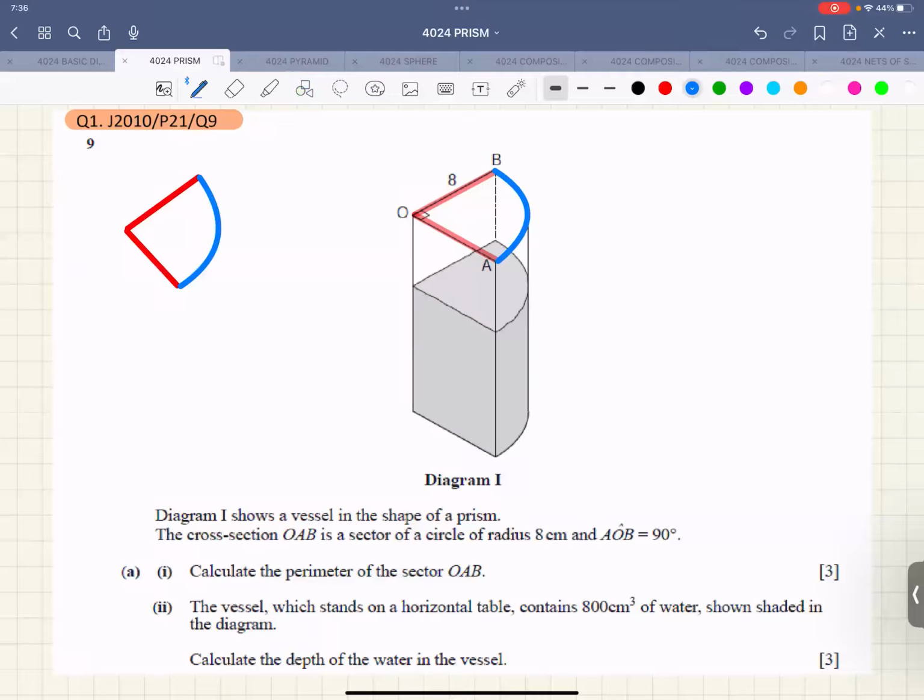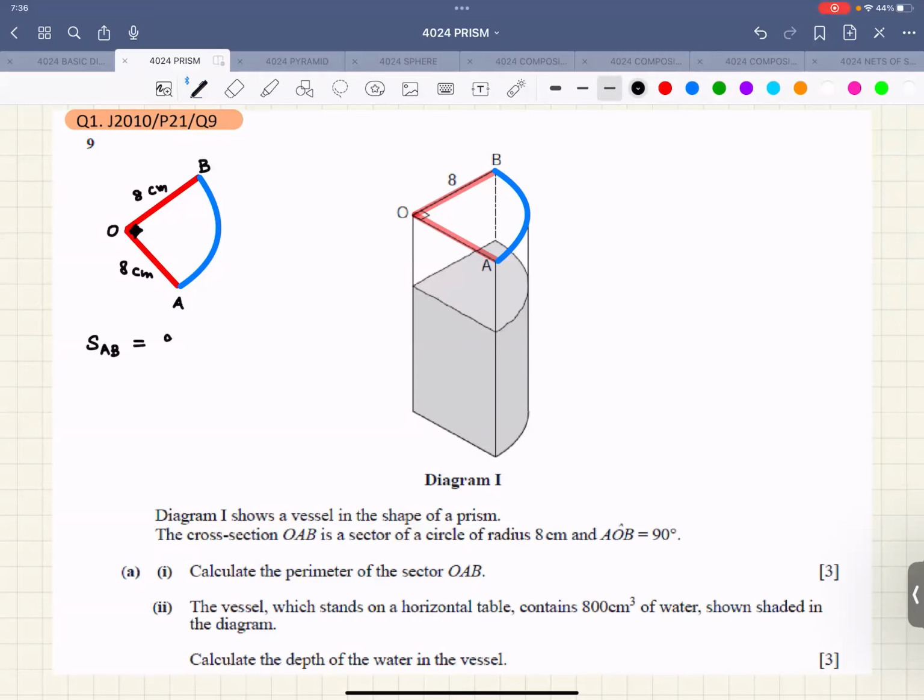Okay, so just to give you the idea, this is O and this is A, this is B, this is 90, this is 8 centimeter, this is 8 centimeter. So therefore, arc length AB,